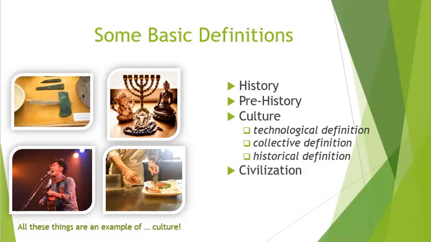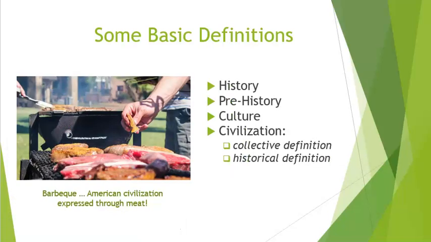Lastly, we need to define the term civilization. Civilization, which is yet another one of those terms that has a broad array of possible meanings, two of which I will ask you to remember. First, like culture, the term civilization has a collective definition. That is to say, a civilization is the society, culture, or way of life of a particular area, country, or group of people. In other words, when we speak of American civilization, we usually have in mind such things as representative democracy, our tradition of free speech, or more mundane activities like watching baseball or hosting a 4th of July barbecue during the summer. Second, the term civilization also has a historical definition.